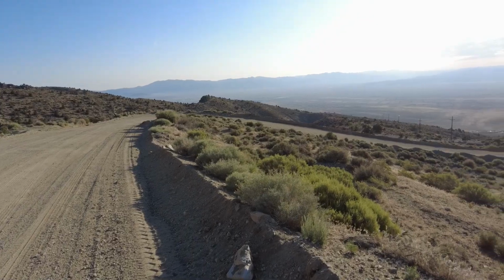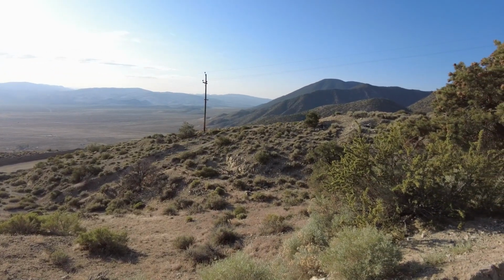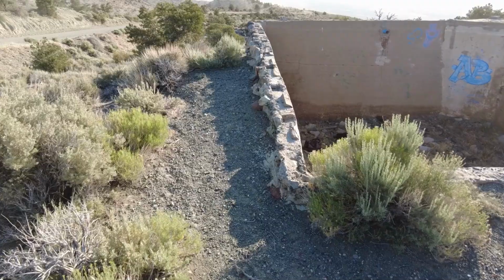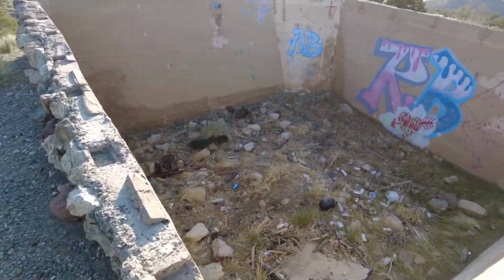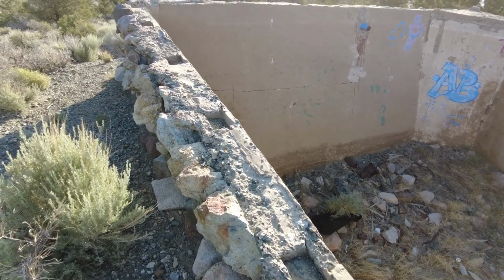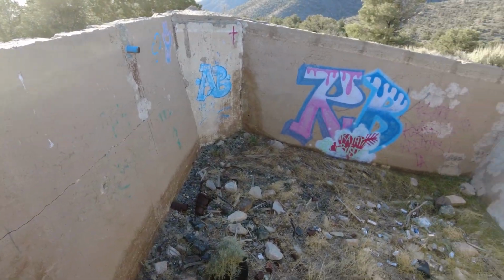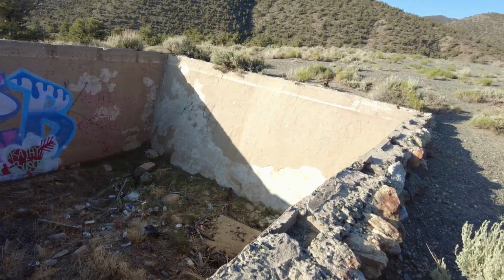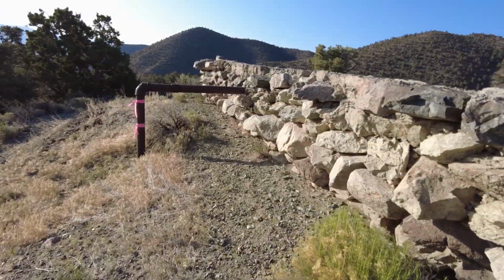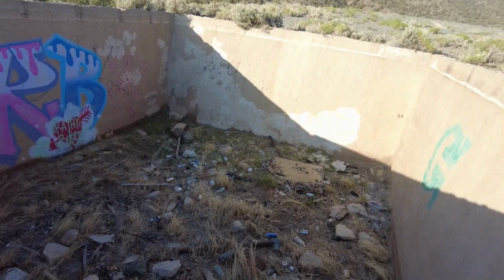Just pulled over to get a view. This is where we are so far. Look at that view. Some sort of mining structure here. I'm guessing this is 1920s, 1930s. You can see the omnipresent graffiti on places like this, which is a shame. But the exterior has this nice rock wall. My guess is that this is some sort of water storage area. The piping here